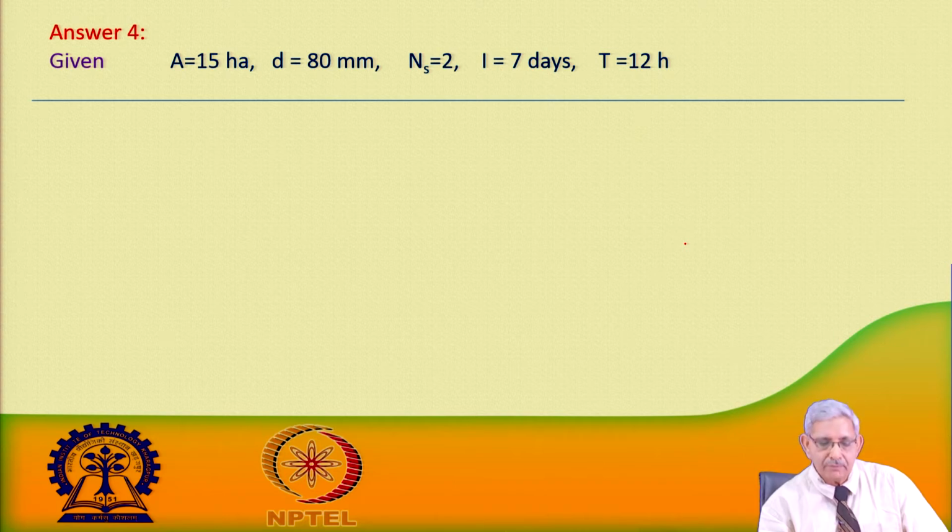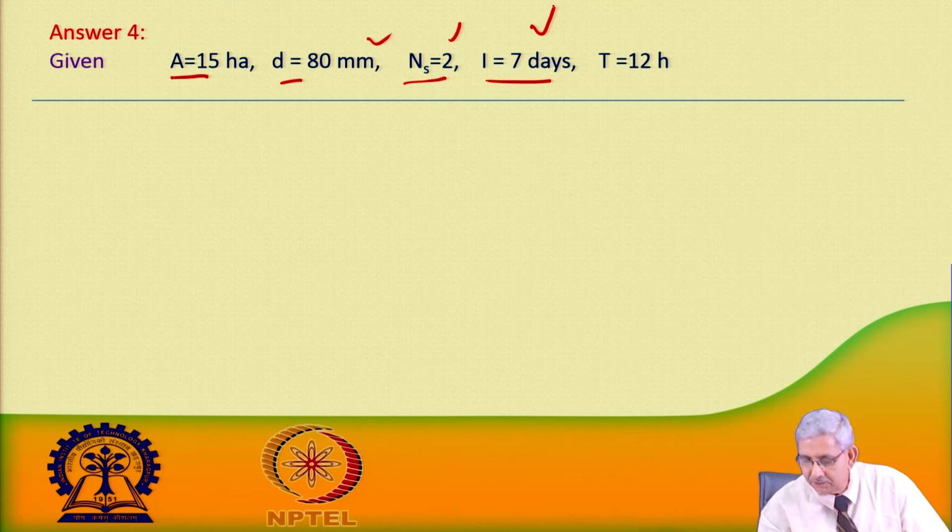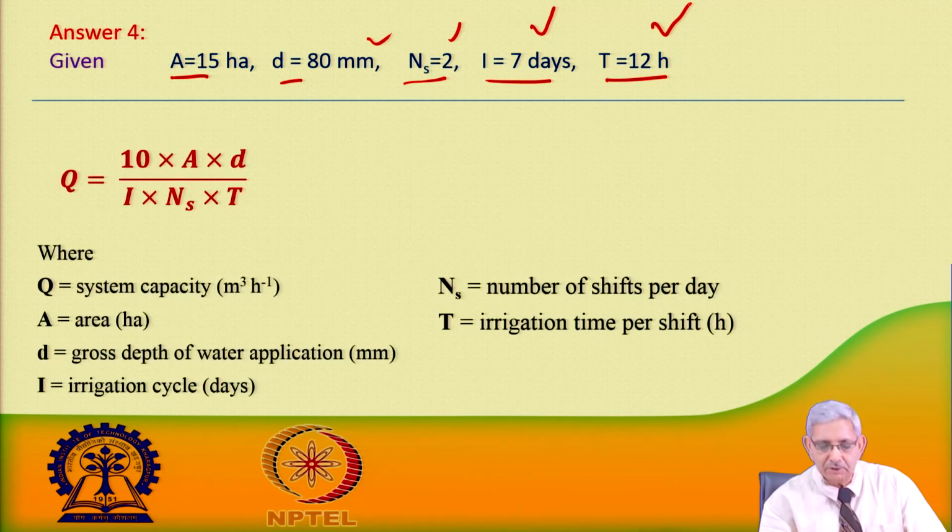So, in the symbols we have used A, that is area, for an area of 15 hectare, depth of irrigation D as 80 millimeter, number of shifts 2, irrigation interval that is 7 days, and 12 hours per shift it is working. So, irrigation means here